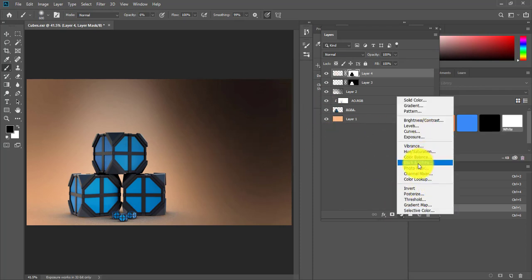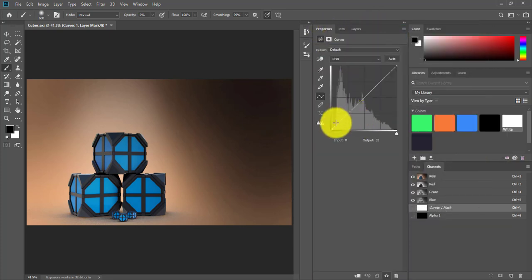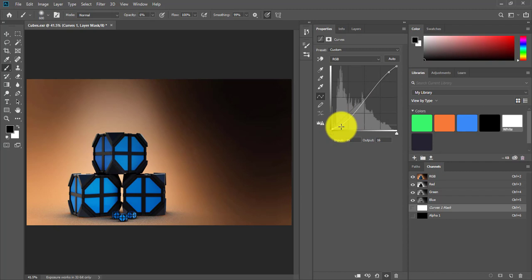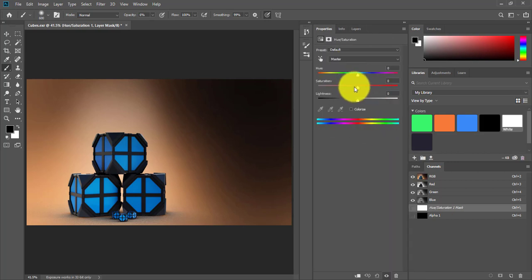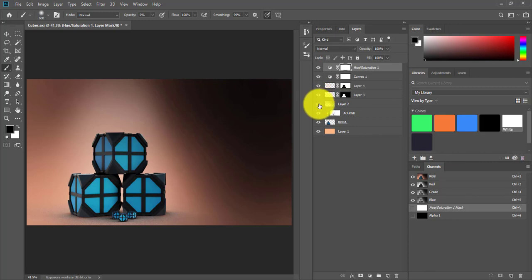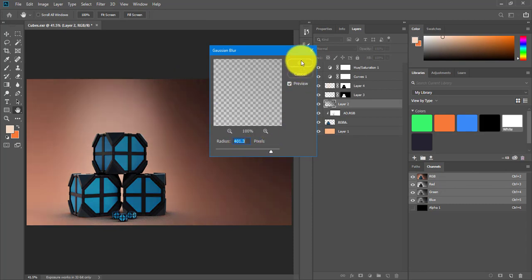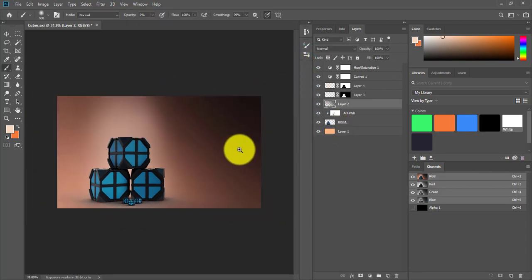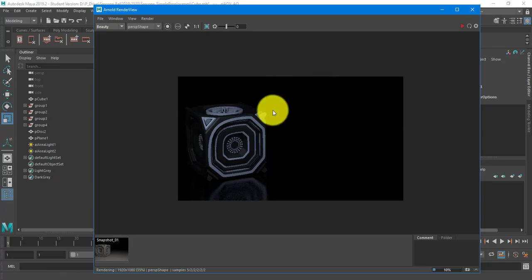And then maybe I'll add an adjustment layer on top of curves. And then that's kind of cool. Maybe I'll do a hue and saturation. There we go. And I think the last thing I just need on here is to take this and blur that again. It still looks kind of fuzzy. There we go. So that's how we're able to take just this kind of boring render here and enhance it